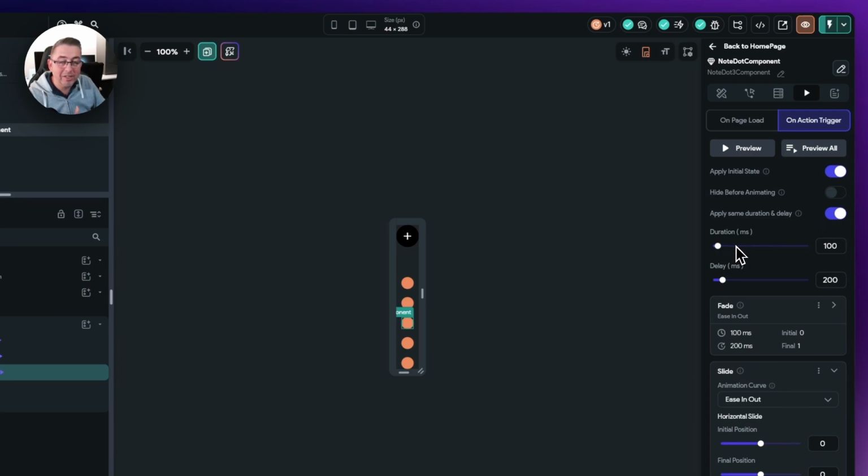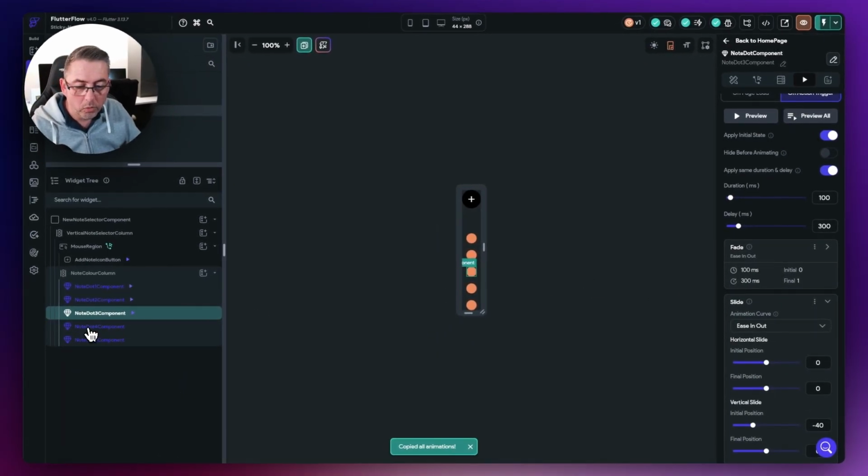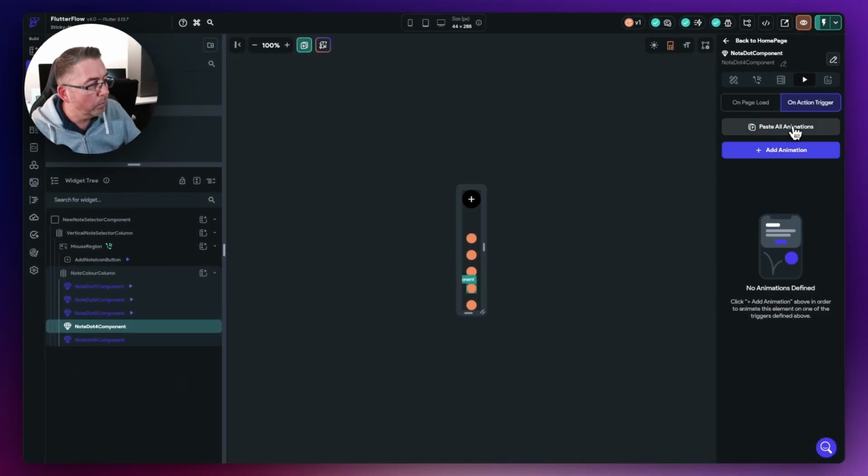Now again, the duration is going to be exactly the same. It's going to be 100, but we're going to want to say the delay is now 300 like that. Now the rest of these options completely remain the same. We're not changing those at all. So let's again just copy all the animations, go to note.4 like that, and then go to paste all animations